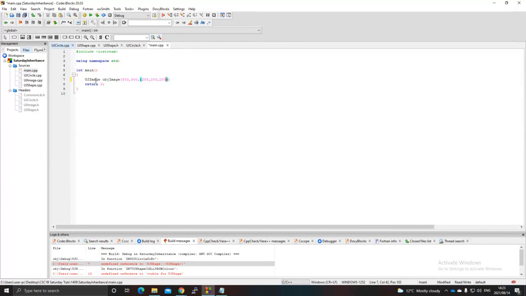Oh, it's black. Let's make black, and then let's make a new UJ shape. I think I did something in my UJ shape that's wrong. Let's make a pointer to it because we cannot instantiate